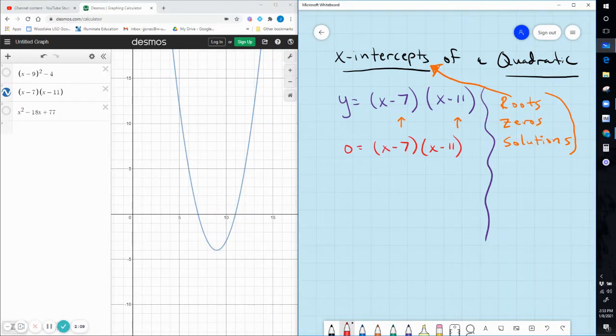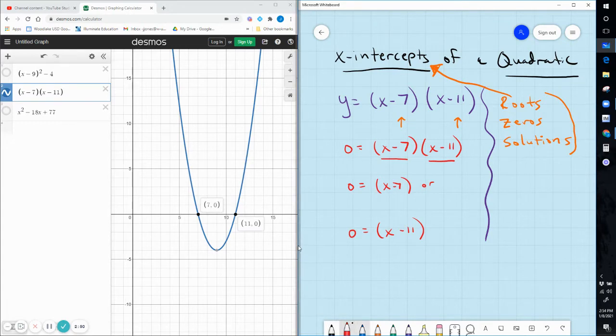We know what the answer is. We can see it over here on the right-hand side of our screen. One of them's here and one of them's here. If you know that you're multiplying two things together, then if I make this equal 0, I'm good to go, because 0 times anything else is 0. Or if I make this side equal 0, 0 times anything is also 0. So the real way to look at this, and I don't know if we've even done it this way, is to write these separately. If I can make this equal 0, I'm good. Or if I can make this equal 0, I'm good. Either one is fine. So we're going to go ahead and solve both of these and get our answer